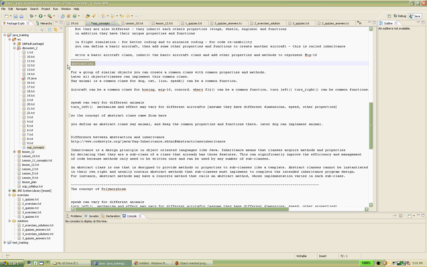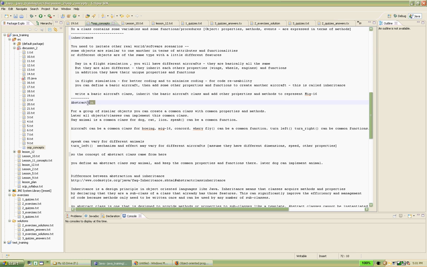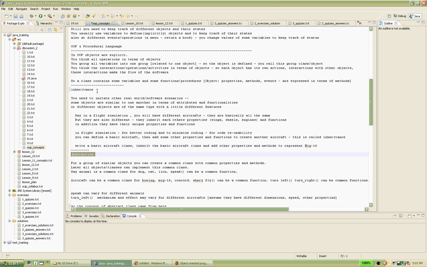Okay, so what is the advantage of this? When you define the template, then all the programmers will be working on this. If you say, okay, this is the template of the aircraft, they will know that when they want to create an aircraft, they have to follow this basic aircraft. Okay, so we can, in abstraction, right,